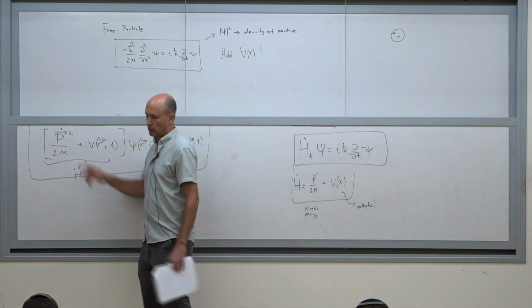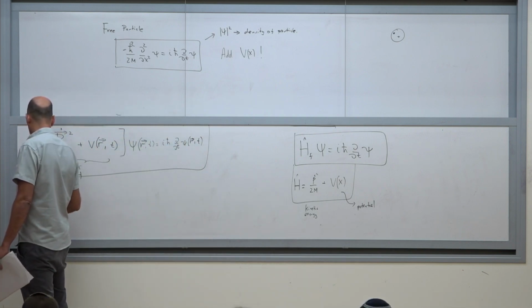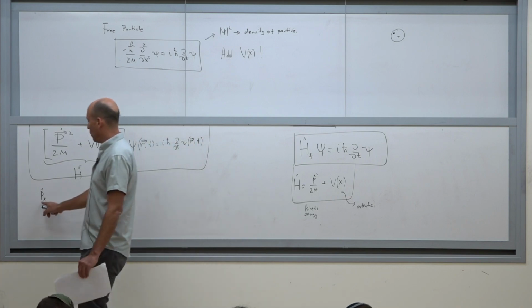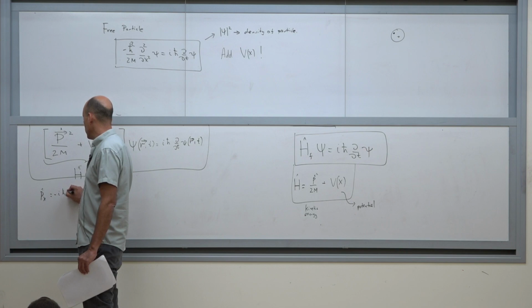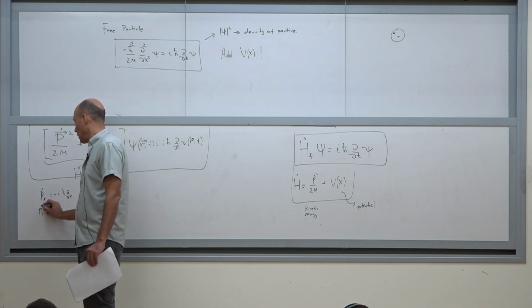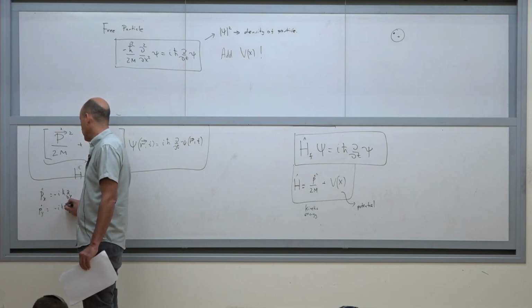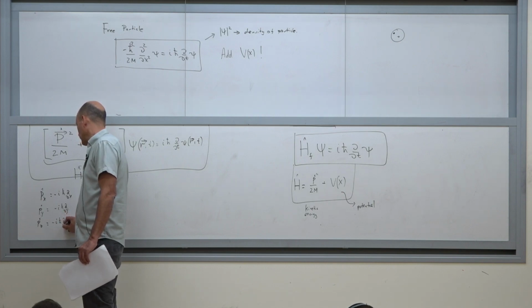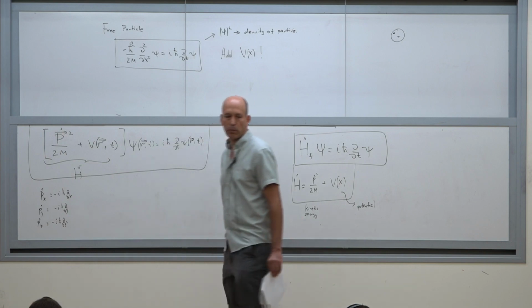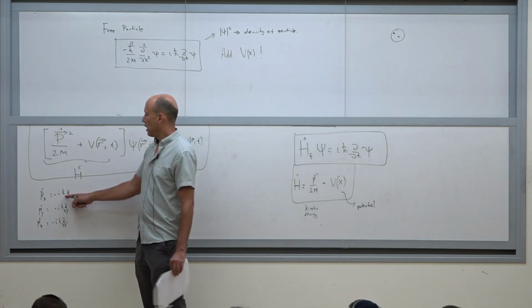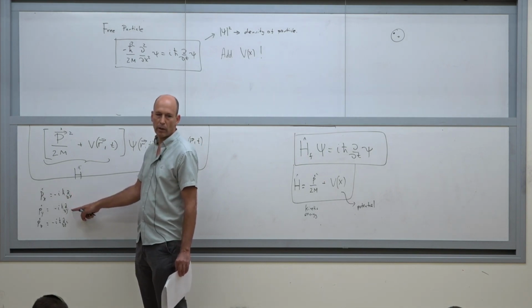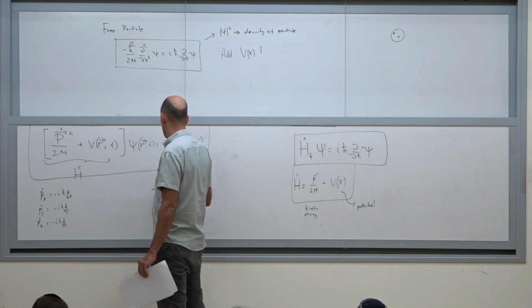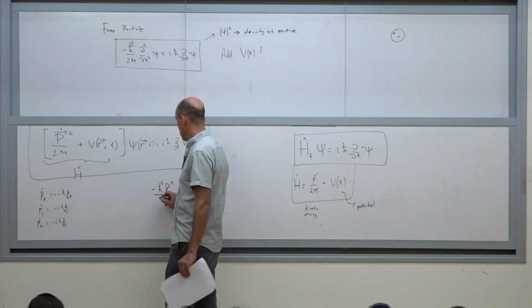What is this p vector squared? Well, you have p, an operator, let's say in Cartesian coordinates. You have an operator for momentum in the x direction, which is minus i h bar d over dx. You have a momentum in the y direction. You have a momentum in the z direction. So what is this p squared? What is it proportional to? When I take it squared, I get the second derivative in x plus the second derivative in y plus the second derivative in z. So another way to write this is minus h bar squared, the Laplacian, over 2m